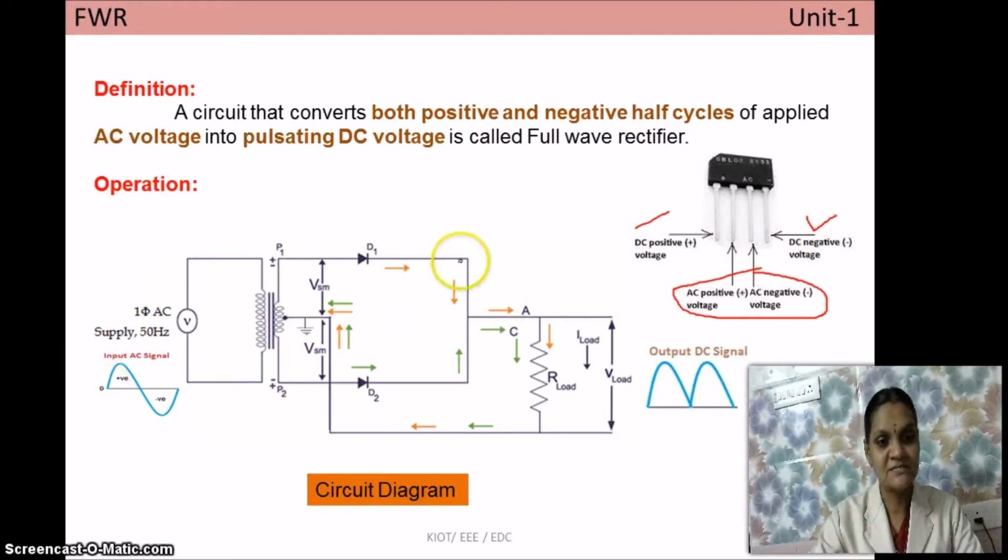See, this is the circuit diagram of the full wave rectifier. So this comprises various components like AC source, single phase AC source of 230 volt 50 Hz frequency, and one center tap transformer, 2 diodes named as D1 and D2, and one load resistance RL. See, this transformer is a center tap transformer. So we have discussed this in half wave rectifier video itself.